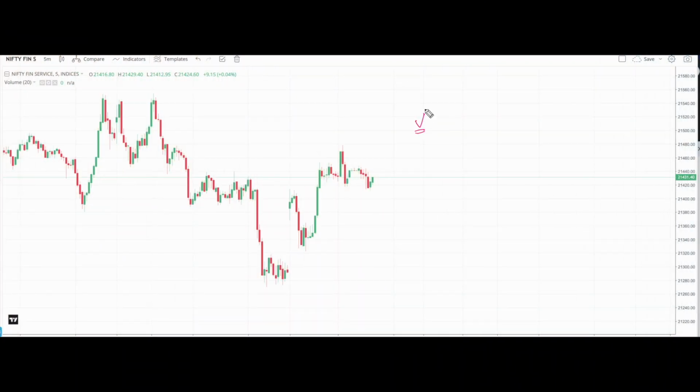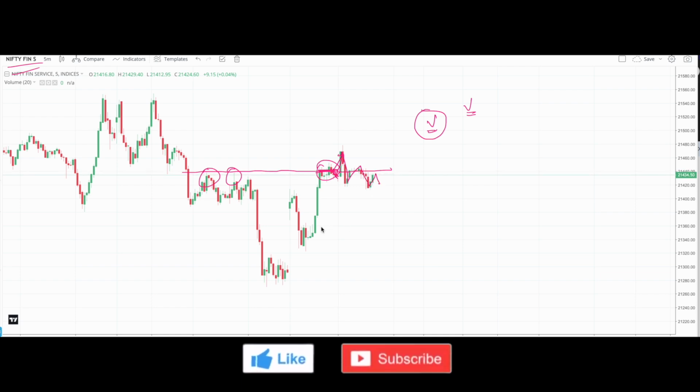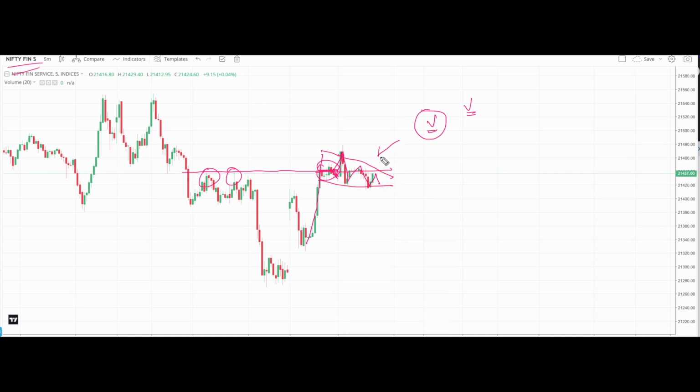Traders, now let's quickly try to analyze the trend of this chart. What I can see here is continuously this level was acting as a good resistance level for Fin Nifty, and Fin Nifty gave a breakout. I feel that it tried to trap people who entered sell positions at this resistance. After this, we can see that there has been a reversal. Next thing I can observe here is the market has created a pool and then it is trying to create a flag. As per price action, the market is supposed to move towards the upside because it's a bullish flag pattern. This is the first analysis we did.